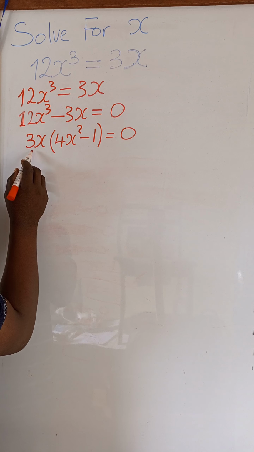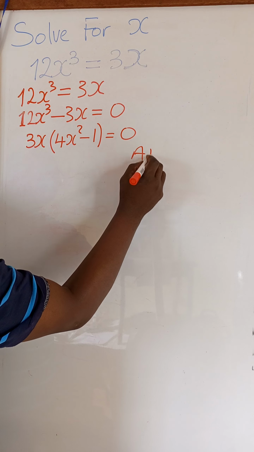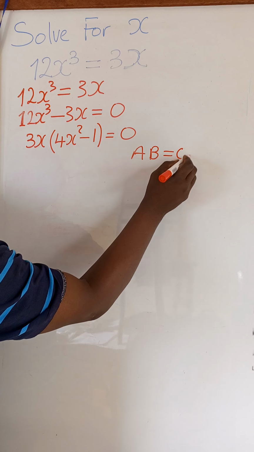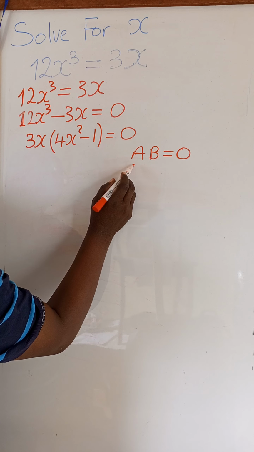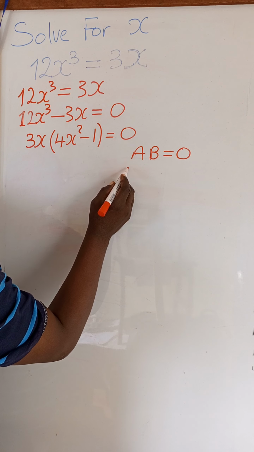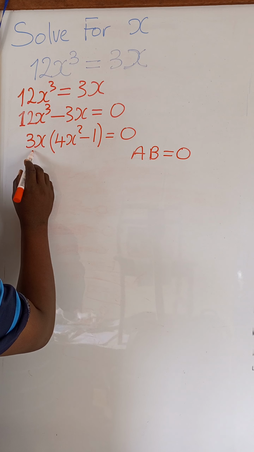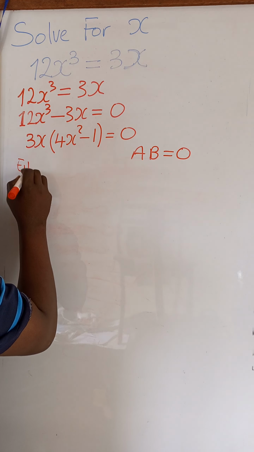We get to a point where we have the product of two things giving us 0. If we have two things, a multiplied to b giving us 0, then one of these two must be 0. Either a is 0 or b is 0 for this product to be 0. So it's the same thing we have here. 3x multiplied to 4x squared minus 1 giving us 0. So we say either